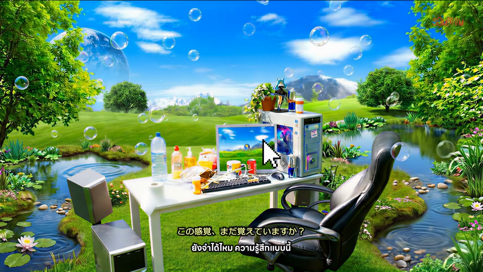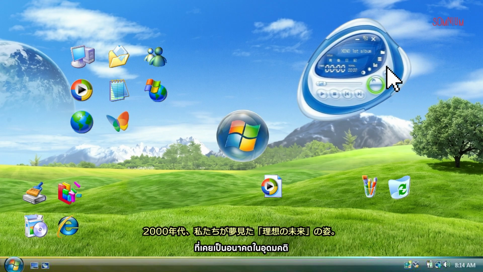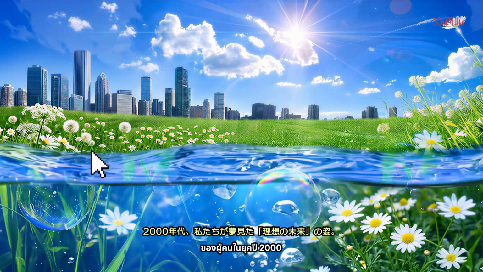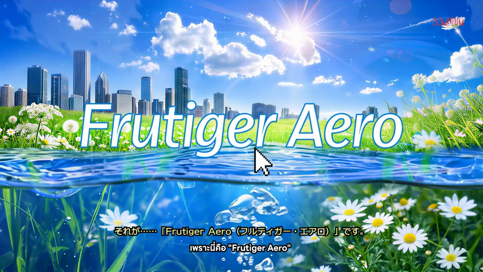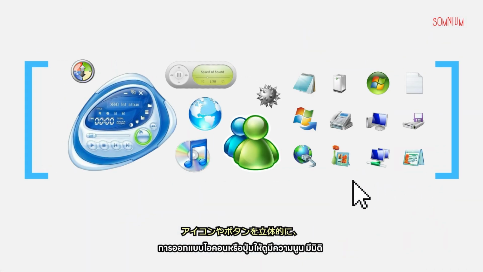Do you still remember this feeling? A feeling that's clean, hopeful, and friendly. A vision that was once the ideal future for people back in the 2000s. This is Frutiger Aero. It all started with skeuomorphism, the art of designing icons and buttons to look 3D, glossy,